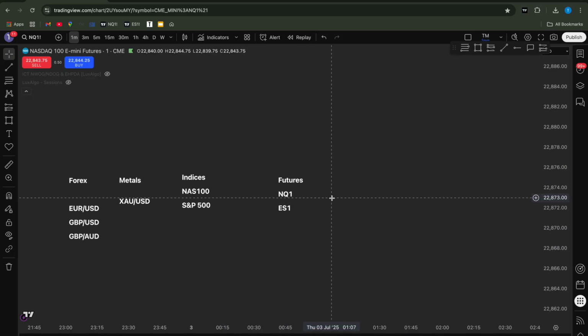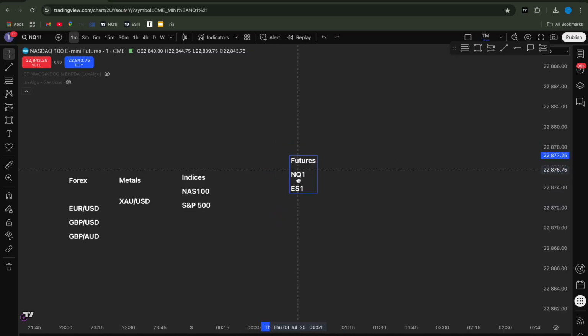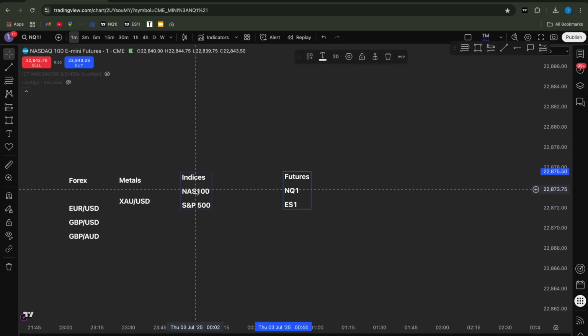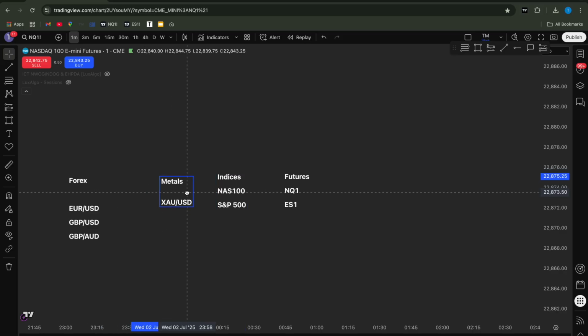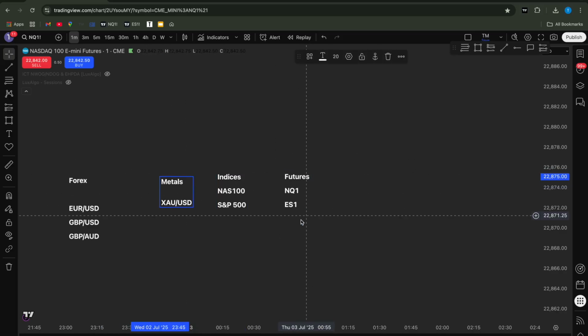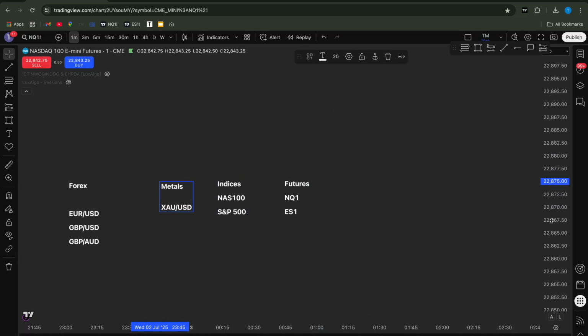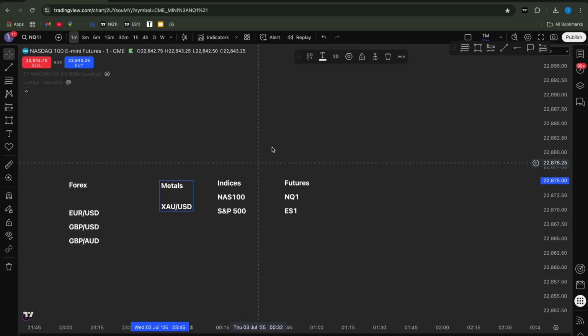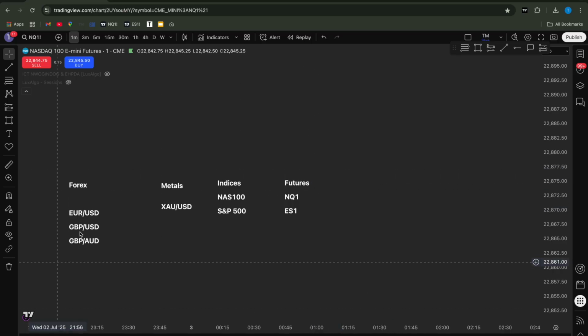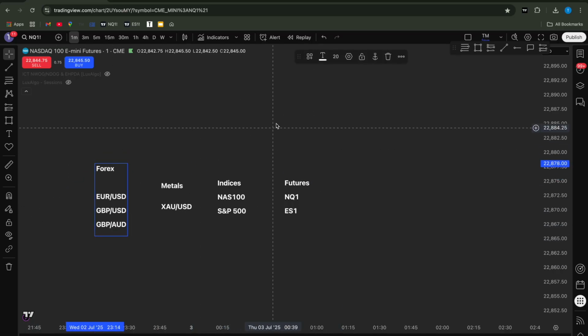I think that's explained right, but I'll probably put some more stuff in the Discord so you get it. But it's fairly simple. I trade this. I'd love for you to all trade this if you want to pay the £6 a month for the chart data. It does make your life easier because then you don't have to go on MetaTrader. You can literally do your analysis and execute on TradingView. And when I teach my concepts, I trade them all on NQ1. So, yeah, I will quickly show you how to